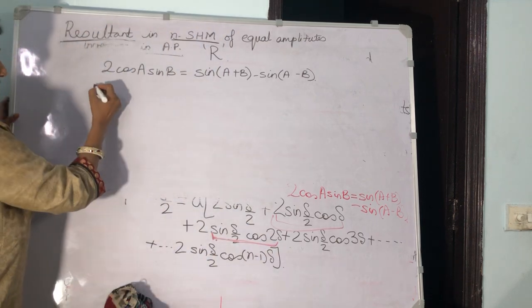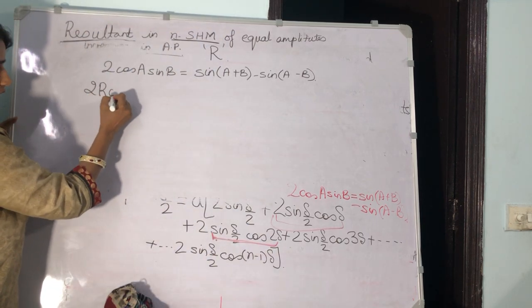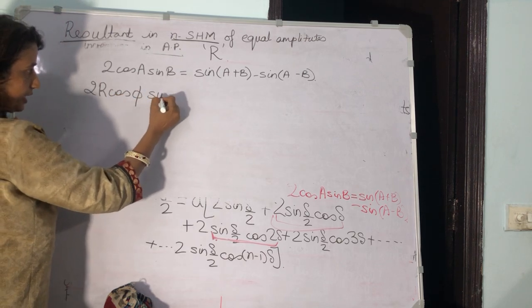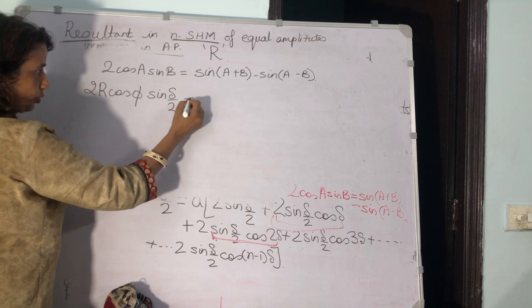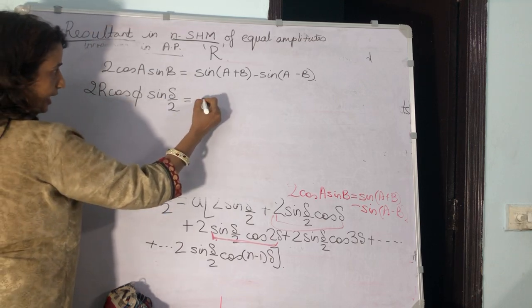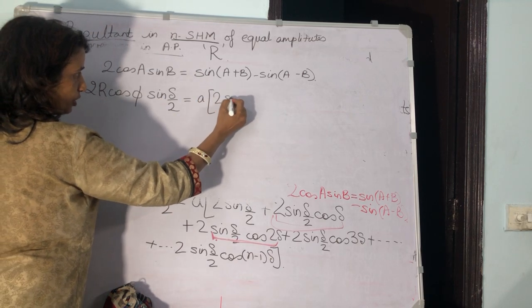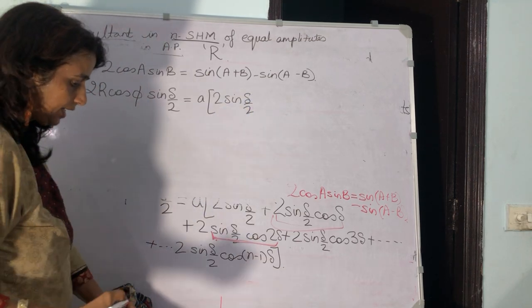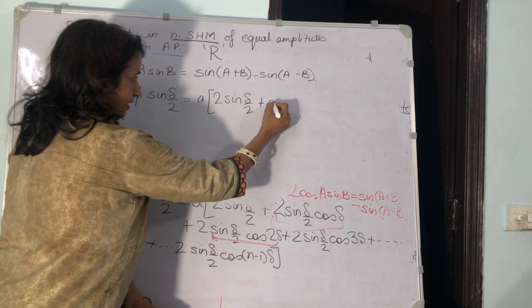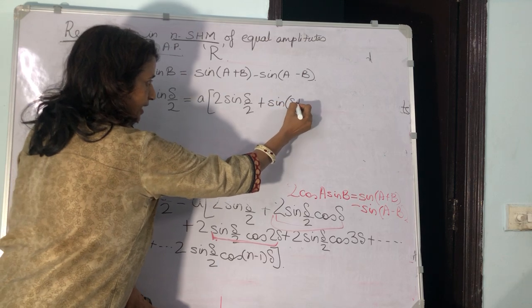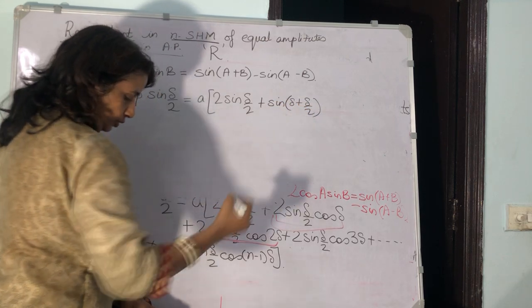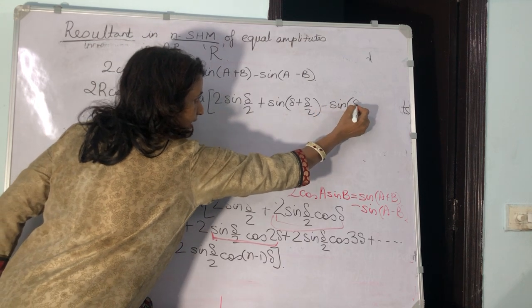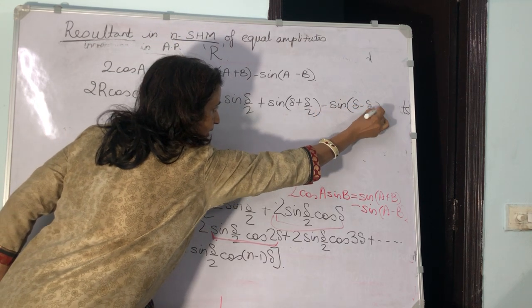So what do we get? We get 2r cos phi sin del by 2 is equal to A into 2 sin del by 2 plus sin del plus del by 2 minus sin del minus del by 2